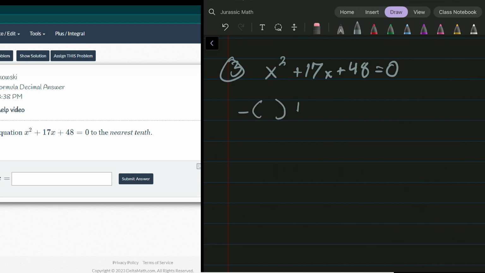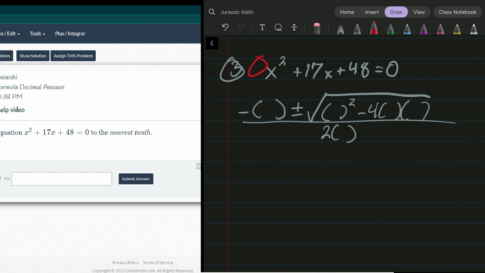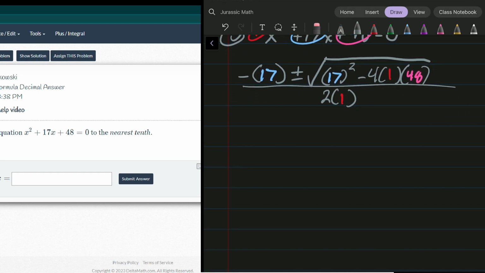X is equal to negative b plus or minus the square root of b squared minus 4ac all over 2a. All right, a is that 1. It's invisible. B, 17. And C, 48. And once again, it's literally just calculator work. A negative and a 17. Keep it a negative 17. Plus or minus the square root. 17 times 17, 289. A negative, positive, negative is a negative. 4 times 1 times 48 is 192